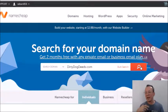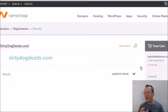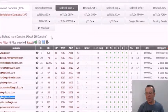Even though sometimes you might click on, you just want to see available domains, doesn't mean that this domain will be available, but it is. So that's okay. So now that we know it is available and it has over 1,000 backlinks already. So now what we can do is we can go into another website called, open up another window here, that's called